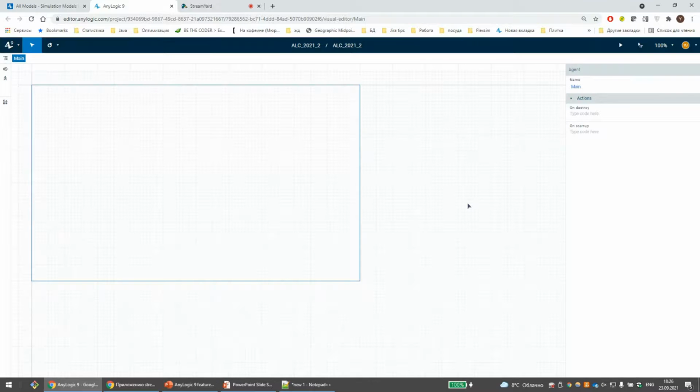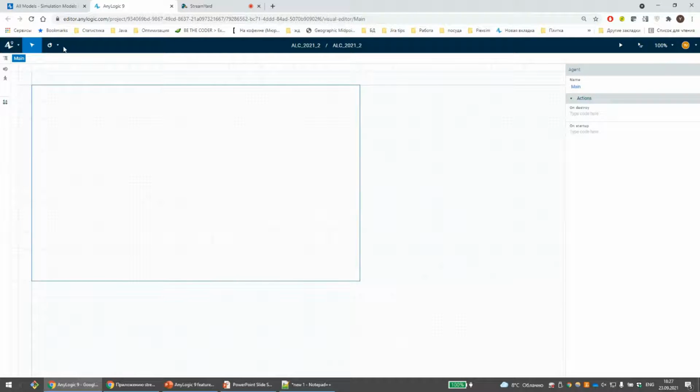Okay. Here we are. The model is created and it is automatically opened in AnyLogic 9. You can see the design becomes much more clean and minimalistic. I'll go through the key differences. First is the toolbar. We just have a single main menu, an indicator of what's going on. Are we placing objects? Are we editing something?